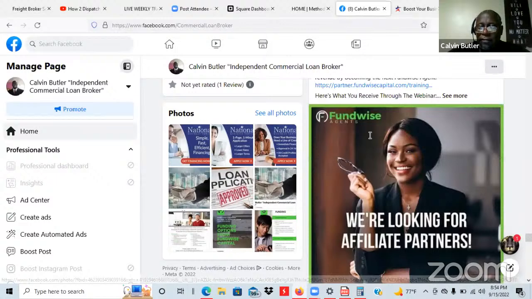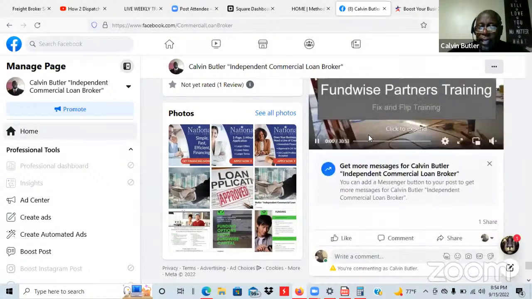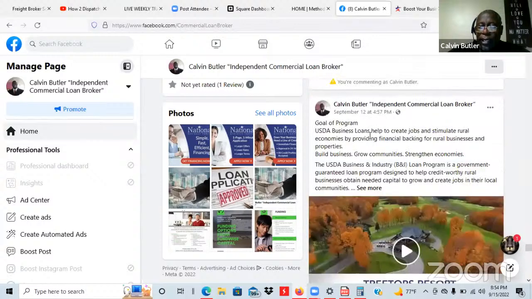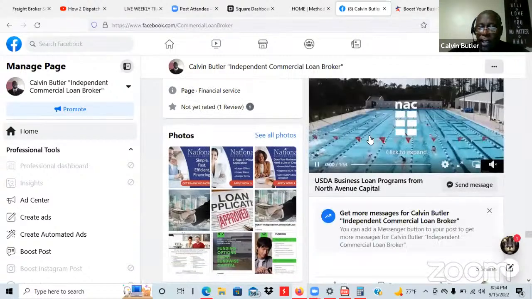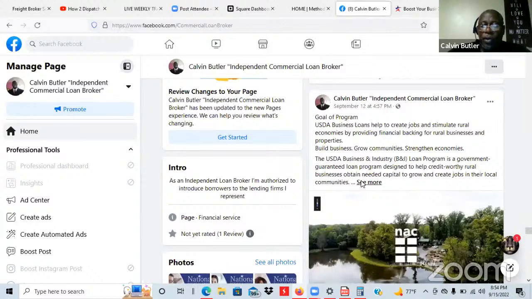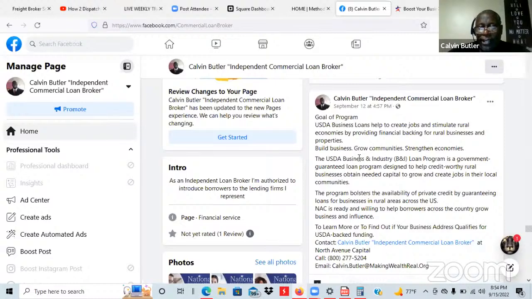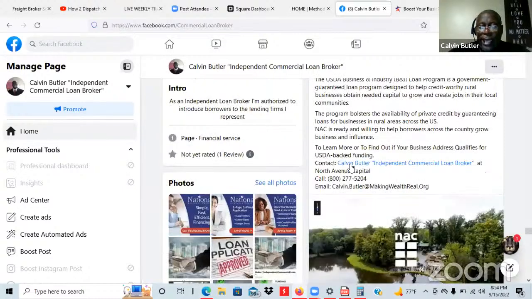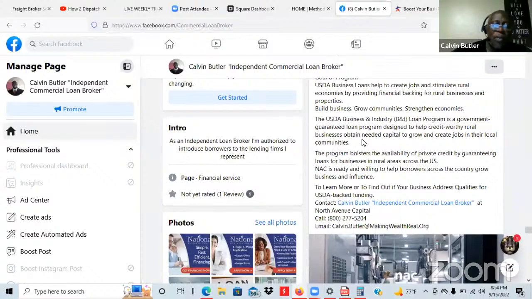A lot of equipment financing and stuff. The name of that company is this one right here: USDA backed loans through North Avenue Capital. Now, I had to go through an extensive background check and interview with them, but they allow me to build my own team. So if I am vouching for you,